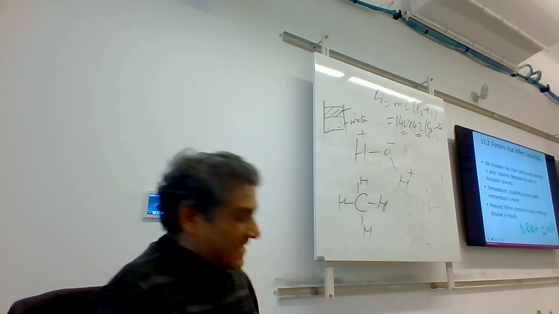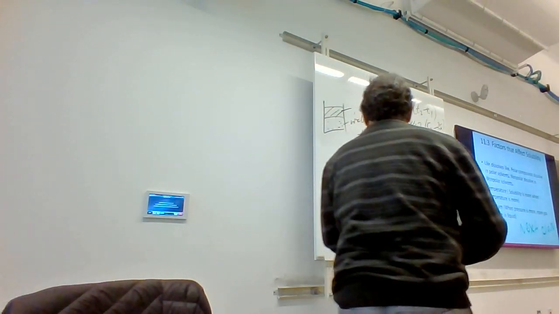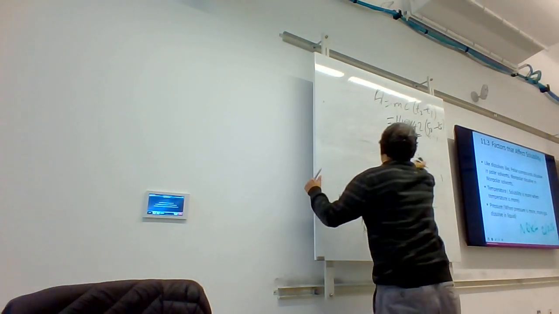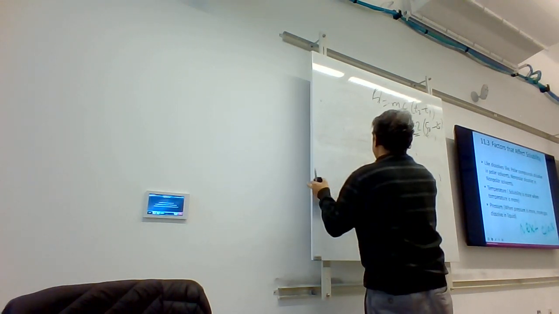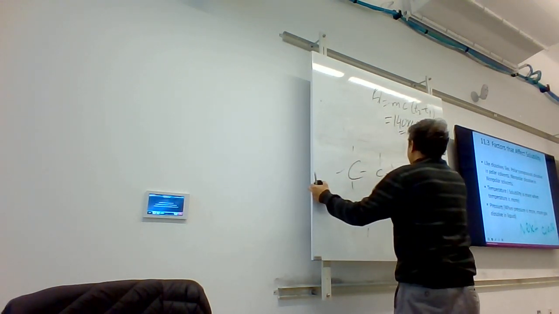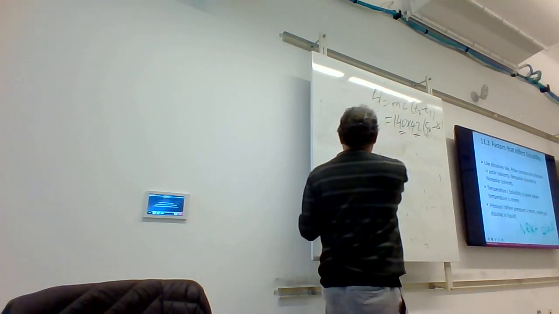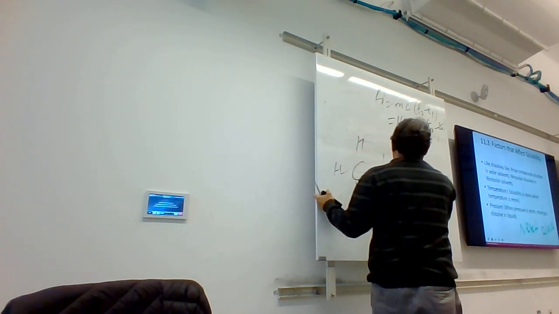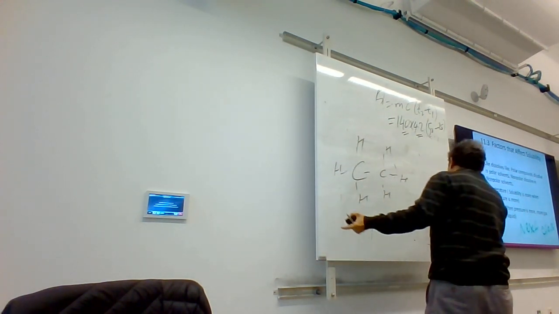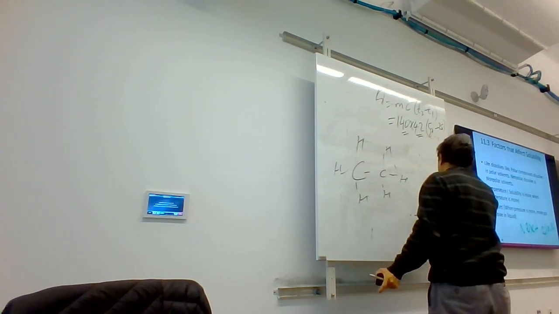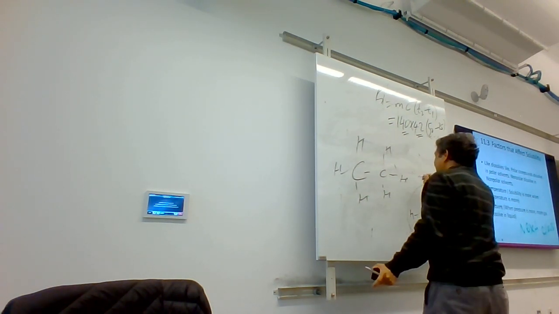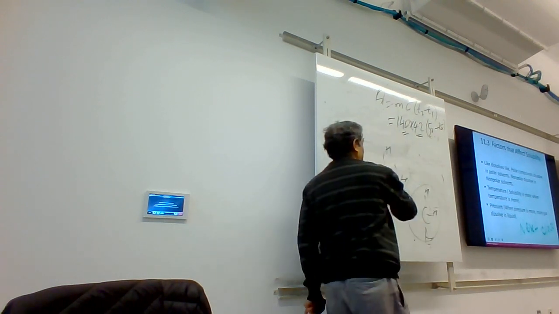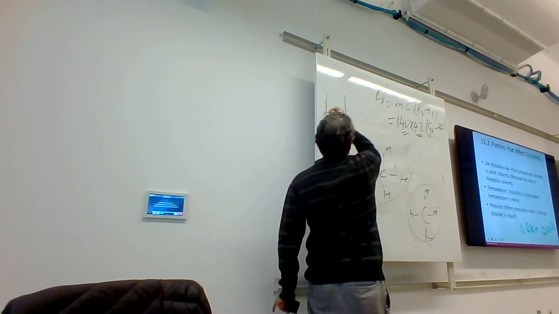Everybody got that? Now I can make another example here. So let's write something here. So let's say this one. Is this polar or non-polar? Non-polar. All of this is non-polar. And if I get another one here, this is also non-polar. Look here. So this is non-polar. This is also non-polar. So if I put this one and this one together and shake a little bit,